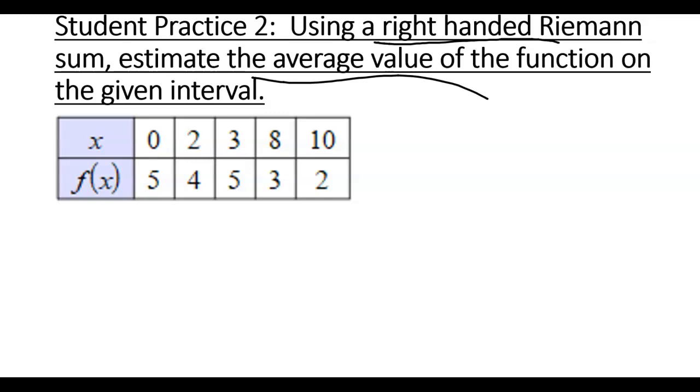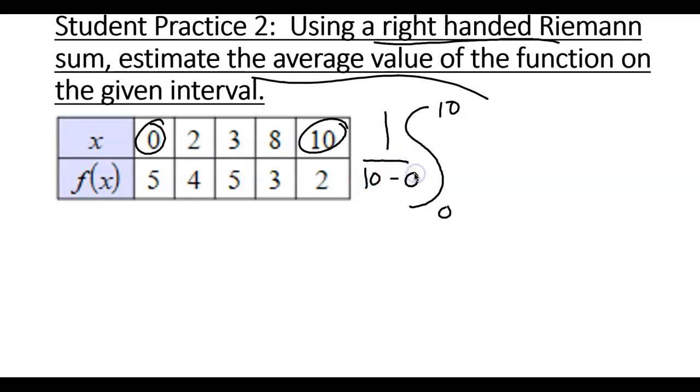So I did see a couple people struggling here, so make sure you know how to get your limits. Your limits are the first x value and the last x value. And those are also the numbers that go here for your average value. Okay? Now, the integral, we were told we're going to be estimating using a right-handed Riemann sum, and so here's